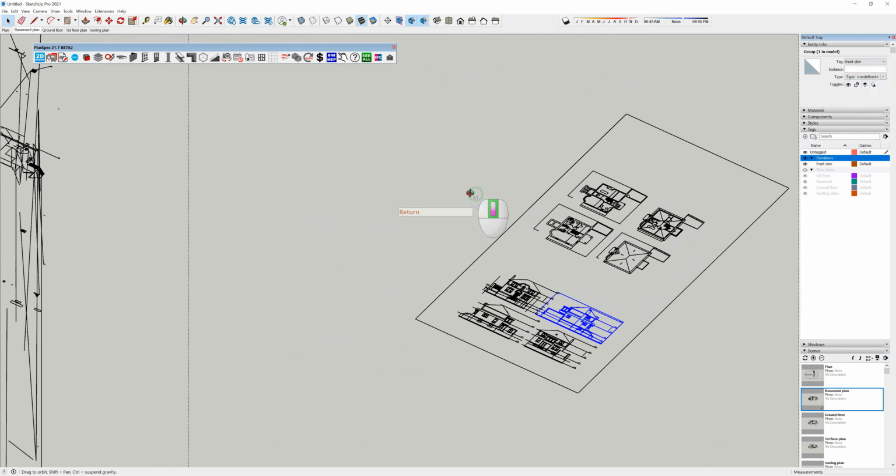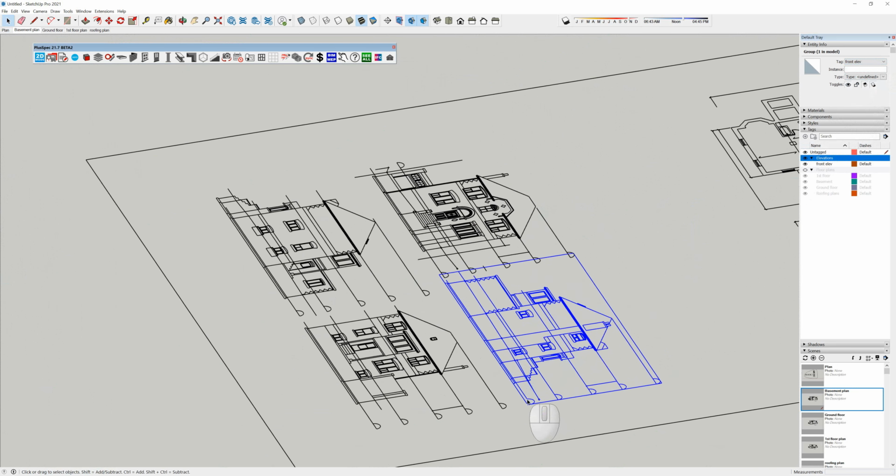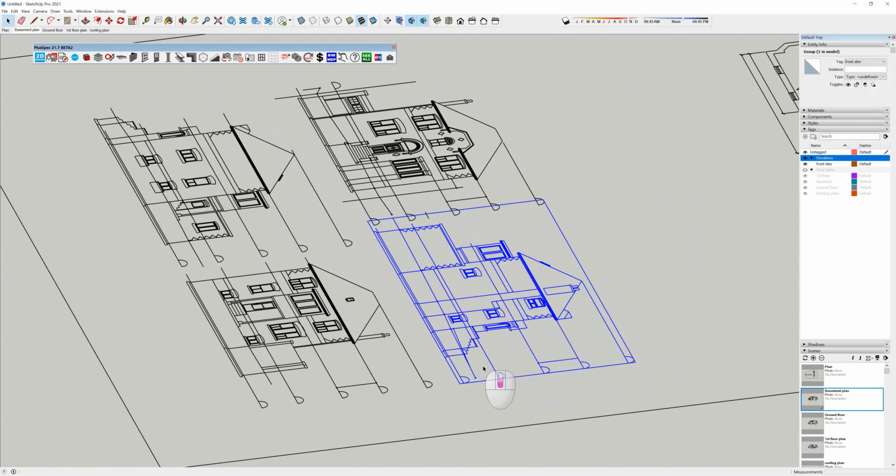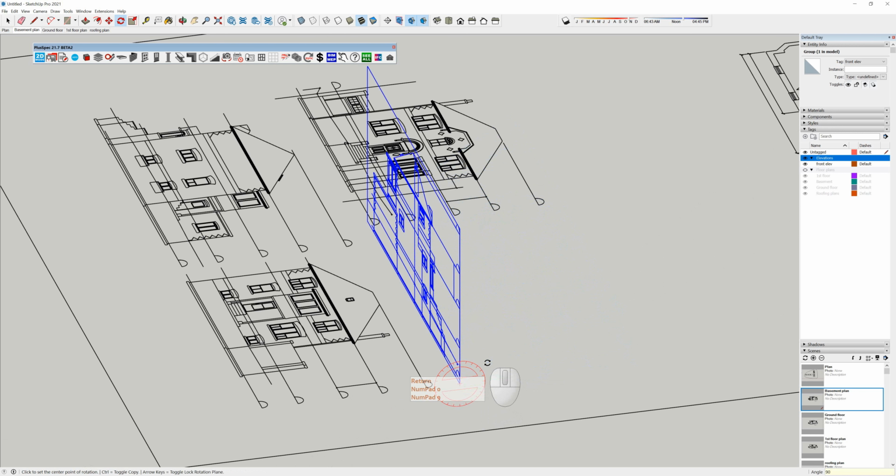Right, and what I want to do is turn this so that it stands upright. So I'm going to use my rotate menu, which is here. You could also have the large tool set open, and it would be down here. The keyboard shortcut for this is Q. And you'll notice that it's trying to stick to the blue plane because I'm hovering over geometry. If I use my right arrow or my left arrow, it will enable me to rotate it whichever way I think is appropriate. So I'm going to first rotate this 90 degrees,